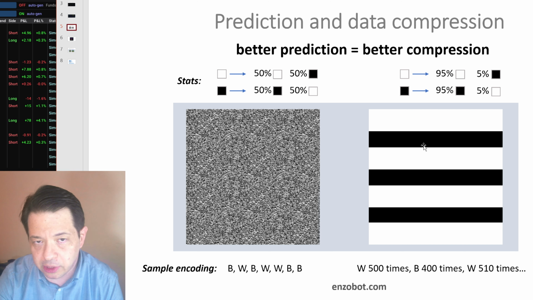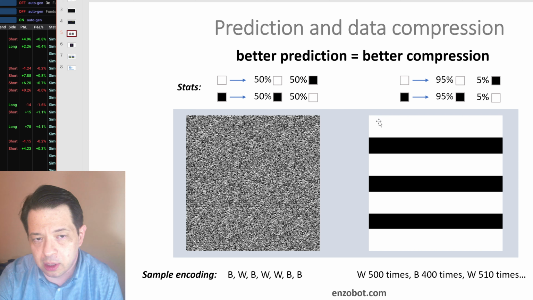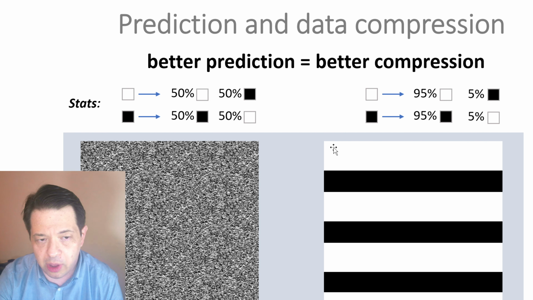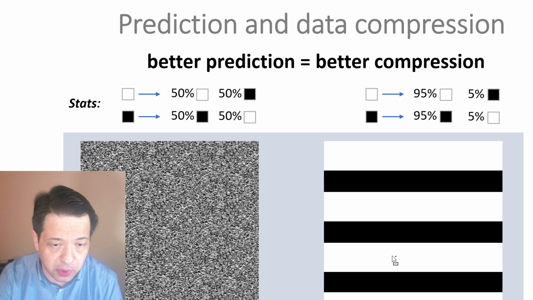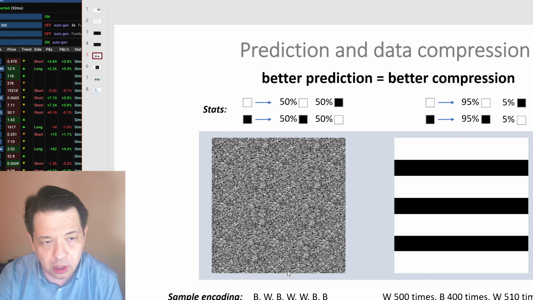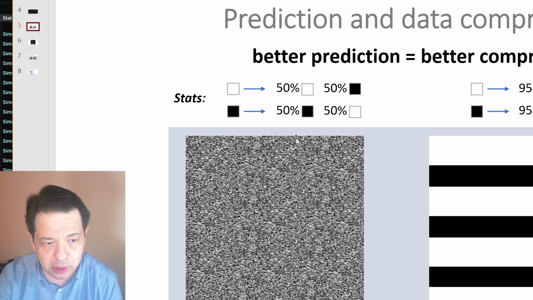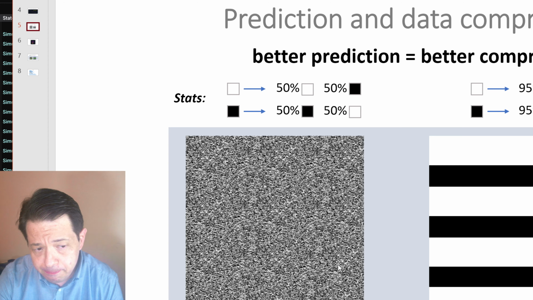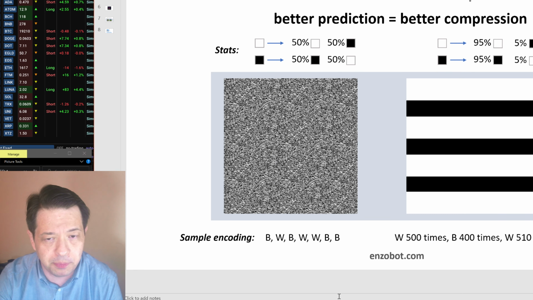But in the case of low entropy, we can infer that if we have a white pixel anywhere here, there's a very high chance that the next one will be white as well. And so this is a more predictable signal, and it is a more compressible signal. In the case of a high entropy image, it's pretty much impossible to guess what the next pixel color will be. If you have white, there's a 50% chance the next one will be white or black, and the same goes with the black. So when it comes to compression algorithms, when you really have high entropy, because you can't predict anything,